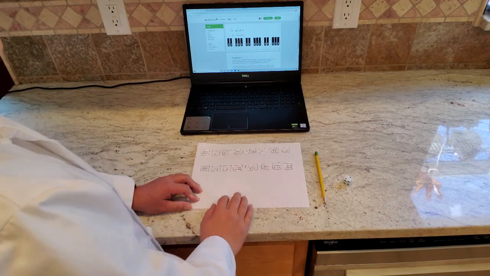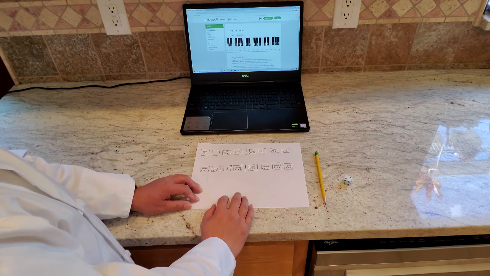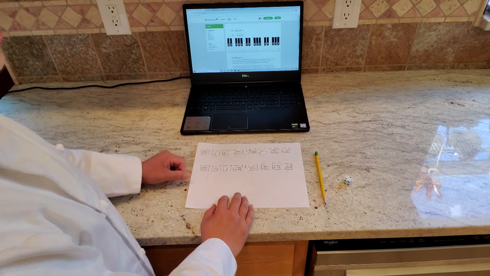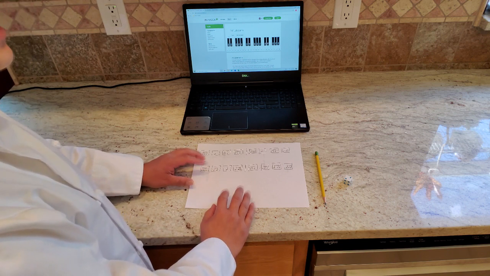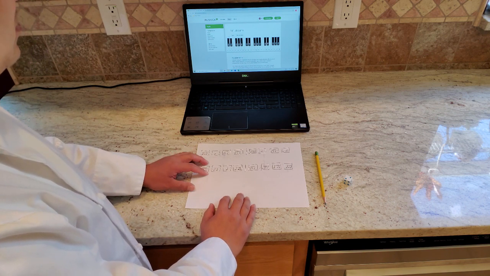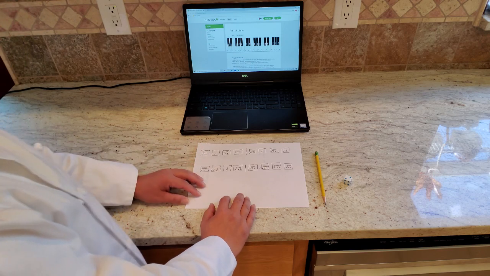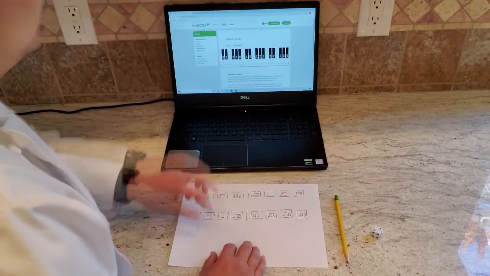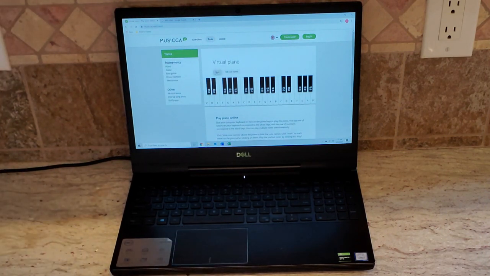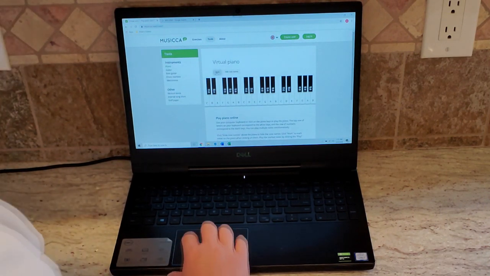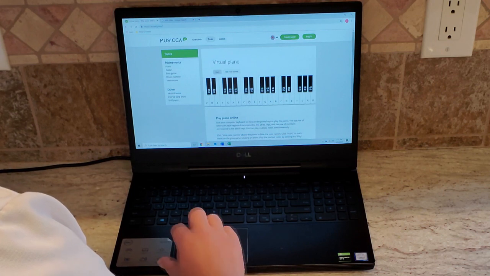Now that we have our rhythms done, it's time to add the pitch. And the virtual piano actually has an advantage over the regular piano. To make it easier to see what notes you're supposed to be playing, we can mark on this keyboard. Look above the keys, you'll see the word mark. Click that word. And then we know the 4 pitches we're using is low, do, or D,